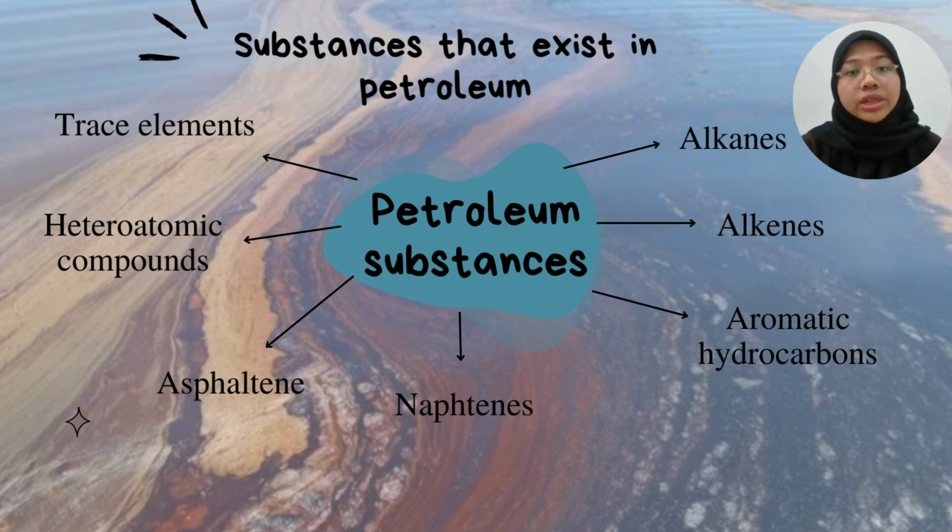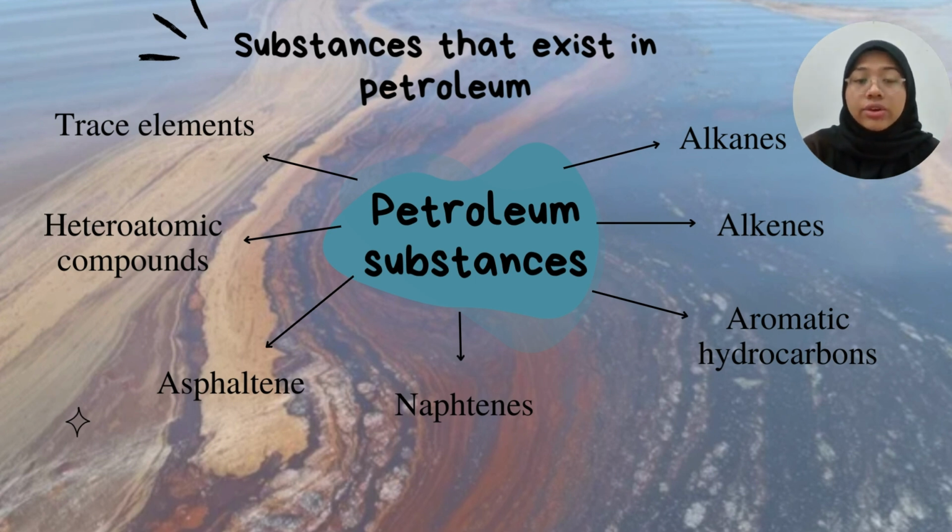And then, aromatic hydrocarbons. It is a class of compounds found in petroleum and they are cyclic but unsaturated hydrocarbons with alternating double bonds. So benzene rings are the simplest and most commonly contained in aromatic hydrocarbons. However, the amount of benzene in petroleum is also limited because benzene is known to be a cancer-causing compound.